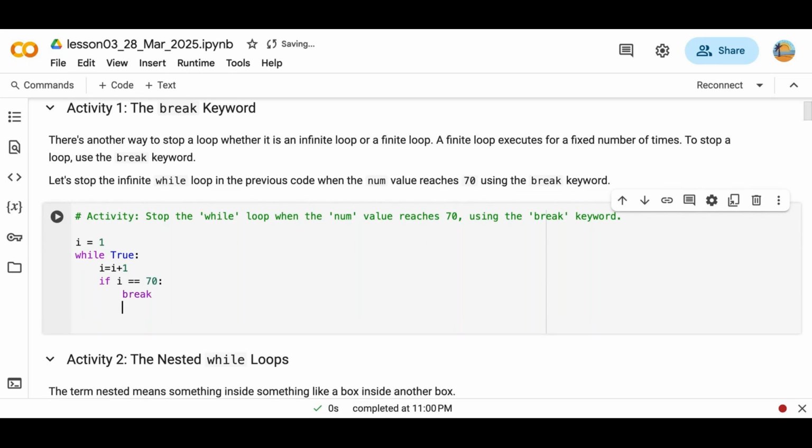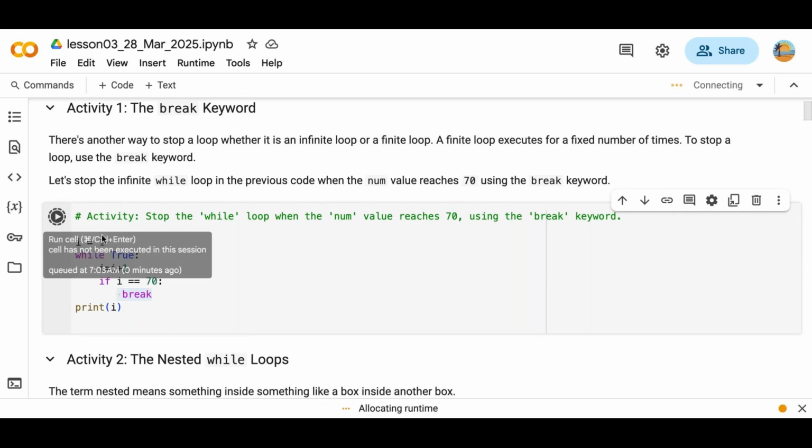So the break keyword can be used like this. I'll come out of the code and then let me print the i value and see if it's breaking at 70 or not. So the break keyword is used this way, you just write break. If I just run this, so first I created a variable i, then the infinite while loop, while